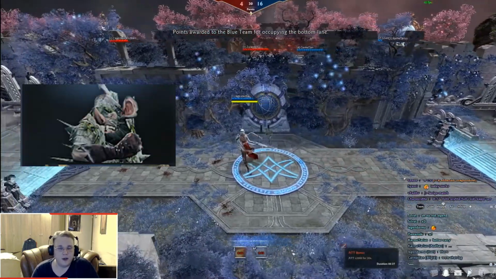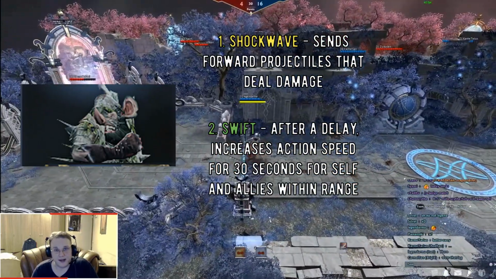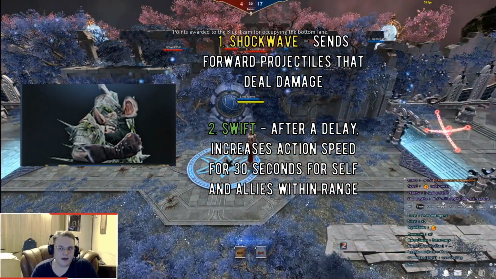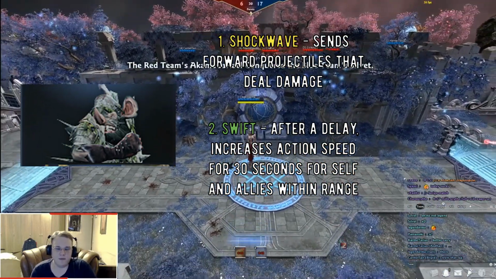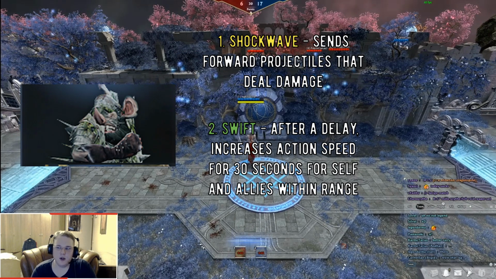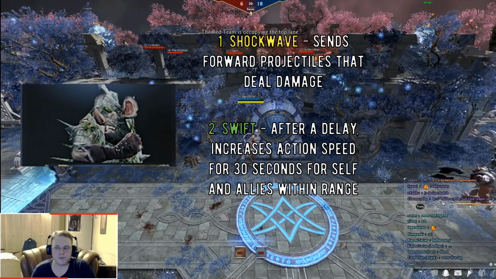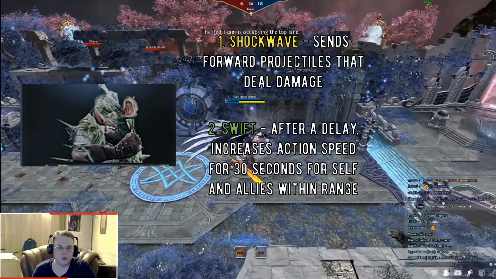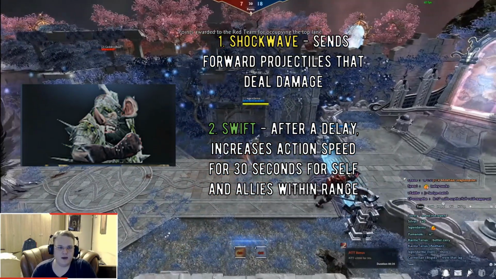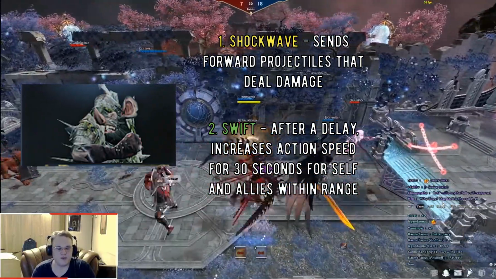And Rakrak. This little rat, honestly, his first active, which is a Shockwave, again, there's a lot of champions who have just Shockwaves. It does some good AoE damage, however, if you're picking Rakrak, he's really good on the combos, he's quite fast. You would want to use Swift, his second active skill. By using Swift, you're buffing everyone's action speed, so it allows other champions to ignore their wind-ups,